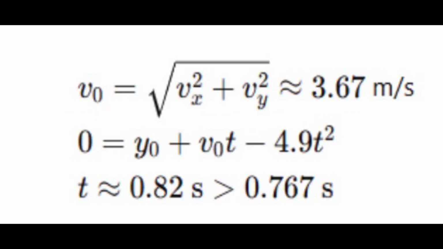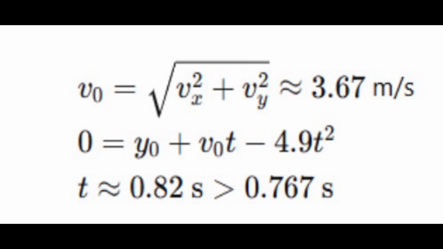So what if the object was thrown straight up with the same magnitude of initial velocity? It would take longer to reach the ground if it was thrown up with the exact same initial speed, because my initial throw had an x component of the velocity and a y component of the velocity. So the initial speed was the square root of v of x squared plus v of y squared, and that's equivalent to 3.67